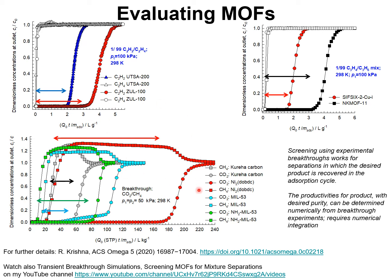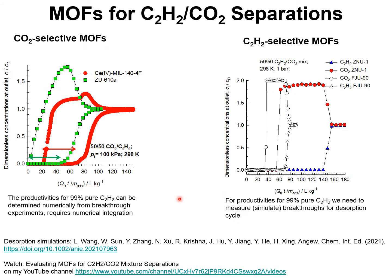Let's proceed to examine a slightly more complex situation. Let us evaluate MOFs for separations of mixtures of C2H2 and CO2. There are two classes of MOFs: a set of MOFs that are selective to CO2, and the important advantage of such MOFs is that the desired product, that is C2H2, can be recovered in purified form in the adsorption phase of the PSA process. Here I present data for two different MOFs,